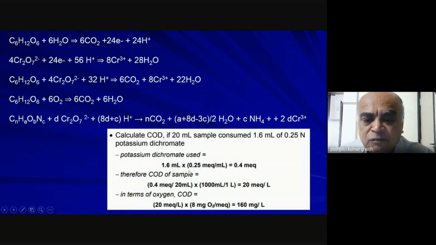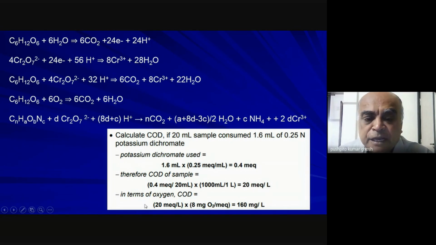So 1.6 ml into 0.25 milliequivalent per milliliter, because this is 0.25 normal, it will be per liter, so it will be milliequivalent per liter. So that comes to 0.4 milliequivalent, and this is the amount that was required for 20 ml of your sample, and therefore your COD will be 0.4 milliequivalent multiplied by 1000 divided by 20,